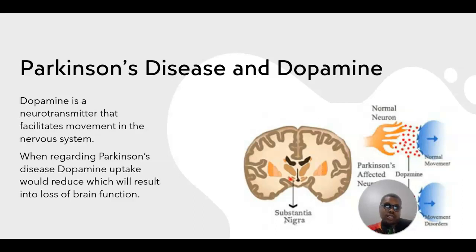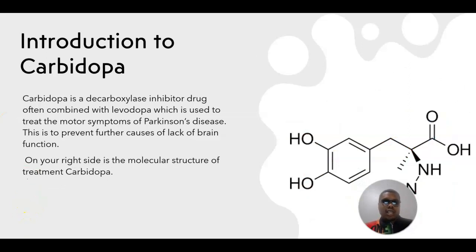When Parkinson's disease occurs, as you see right here, in a normal neuron, all the dopamine is reaching out to each transmitter. But when Parkinson's takes effect, not as much dopamine is being produced. So that's basically what happens during Parkinson's disease. As we continue on,